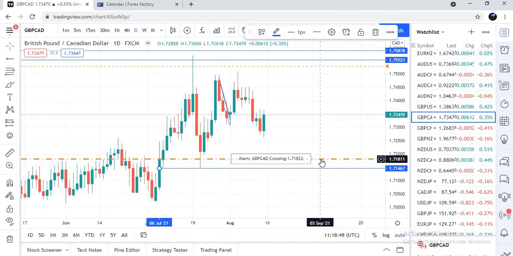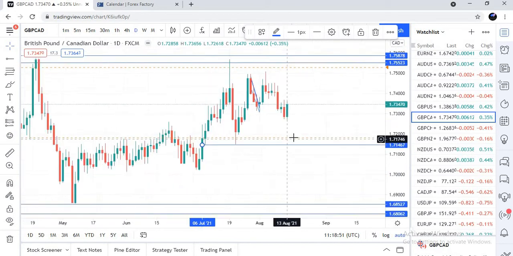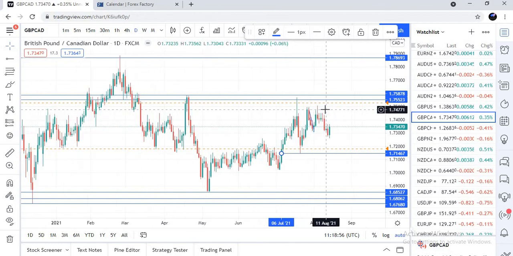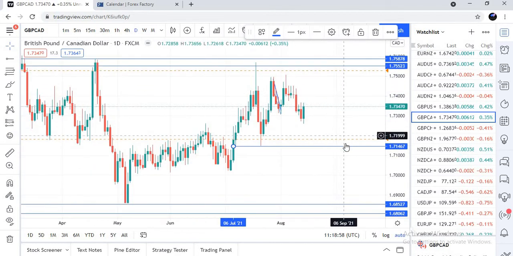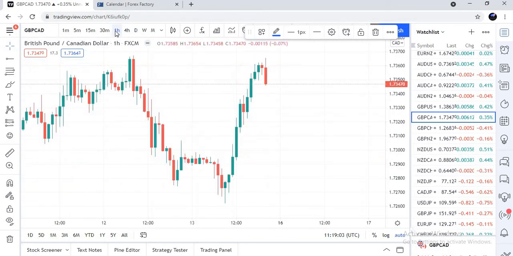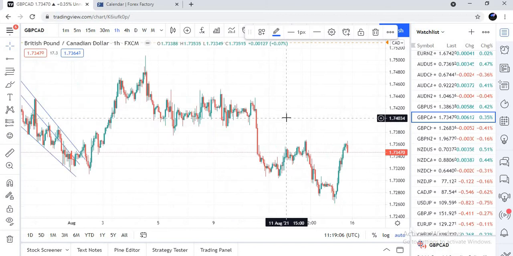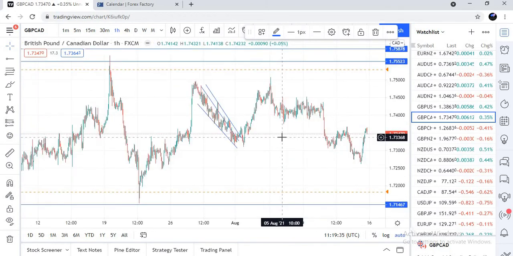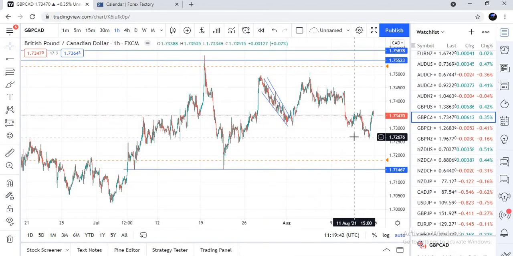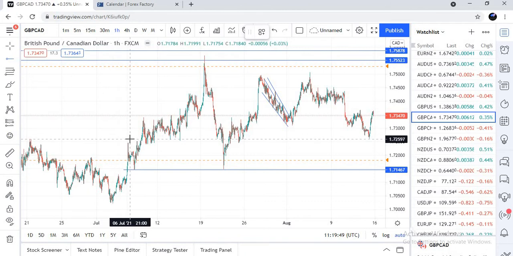So we'll see whether we're going to be buying the GBPCAD for this week. We have set this alert for weeks now, up and down, and it hasn't really touched our alert levels. I think it might be okay to trade the GBPCAD on a lower time frame, but we aren't going to be doing that. We have a strategy that is working for us, which is trading this on lower time frames.